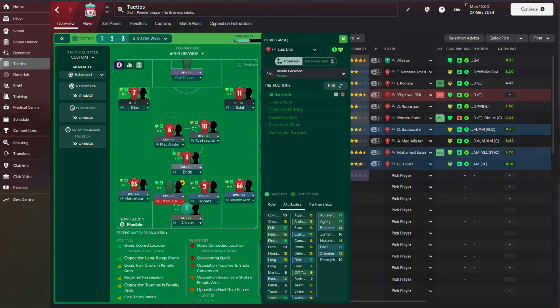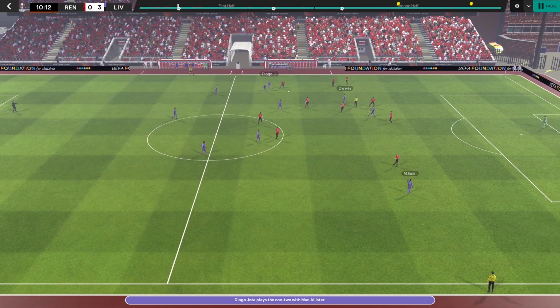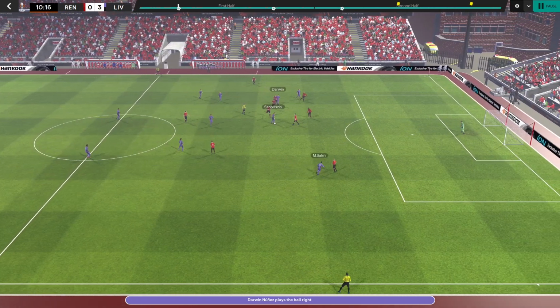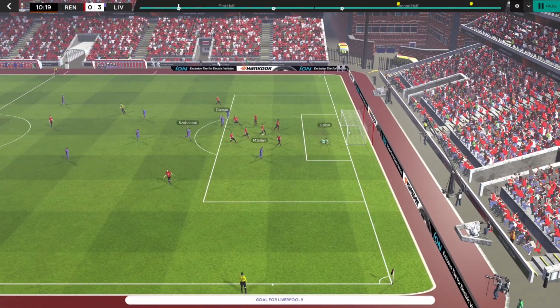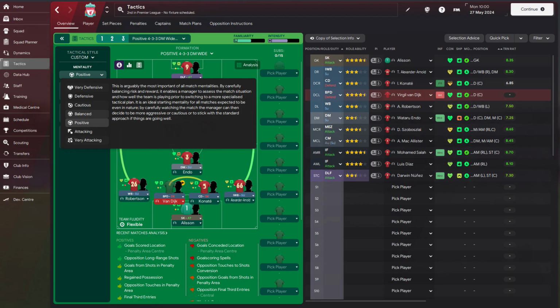But this time, I will ask the player to start from a narrower position to provide room for Andy Robertson to overlap. And the striker will be a deep line forward, as we need him to drop deeper to pick up the ball in possession, throwing one of the opposing center backs onto him and making room for the inside forwards to run into. In attack, the tactic will look like this, a 2-2-6 or a 2-3-5 formation, depending on the game moment. As mentality, I will go with balanced or positive.